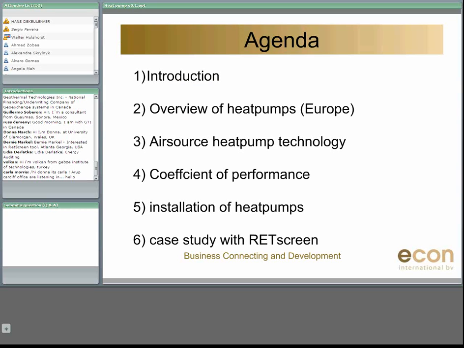Well, to tell you the truth, what is a heat pump? Basically it's an electrical device that extracts heat from one place and then transfers it to another place. Please note that the heat pump is not a new technology. It has been used around the world for decades. I think the most common